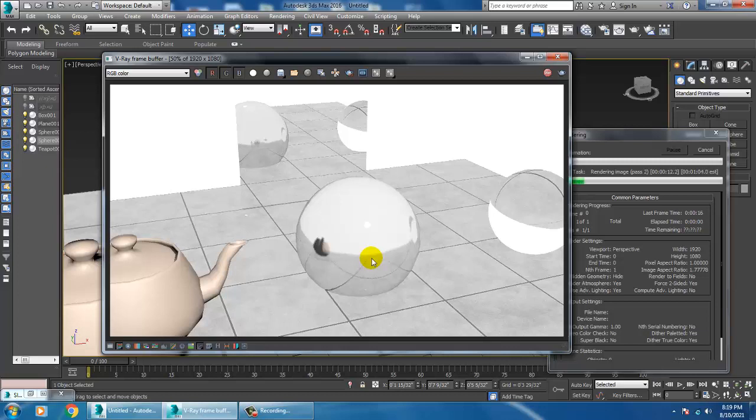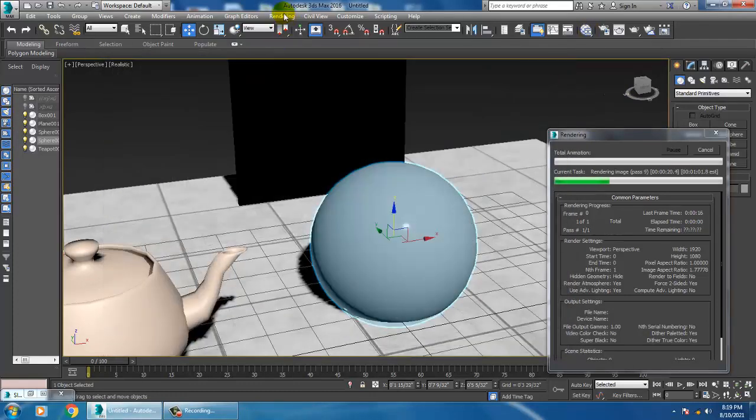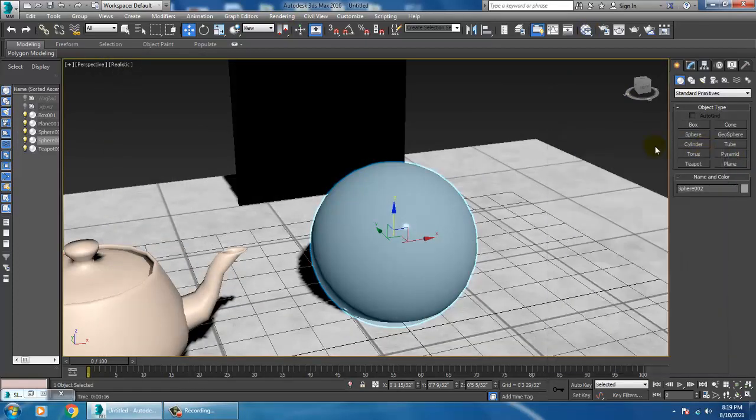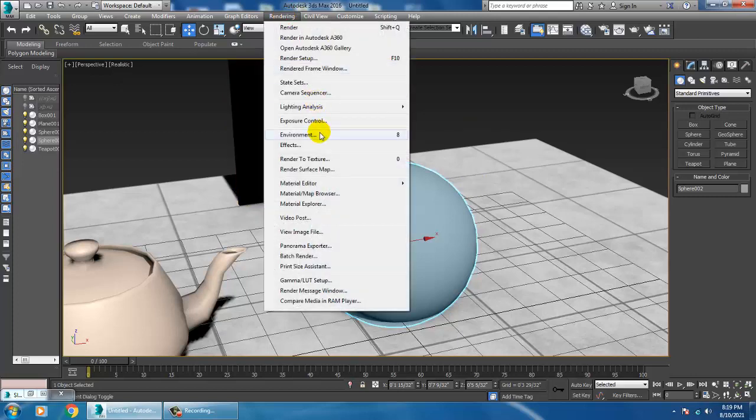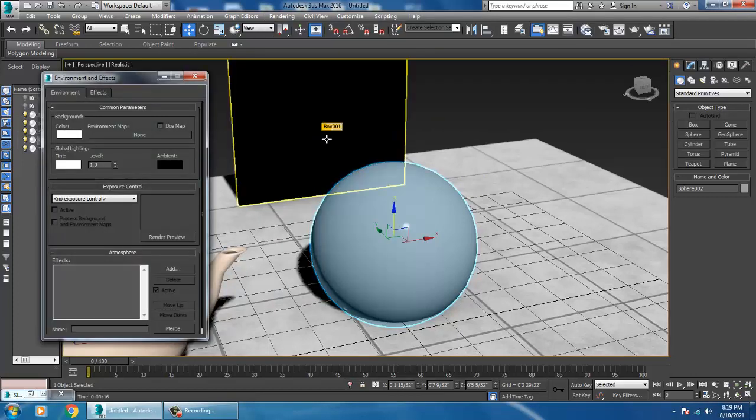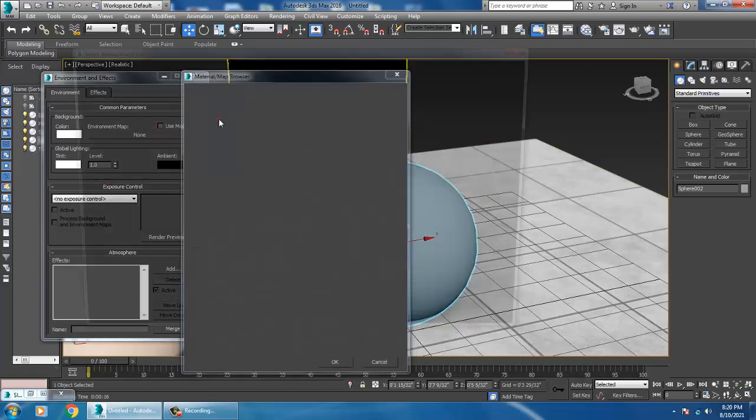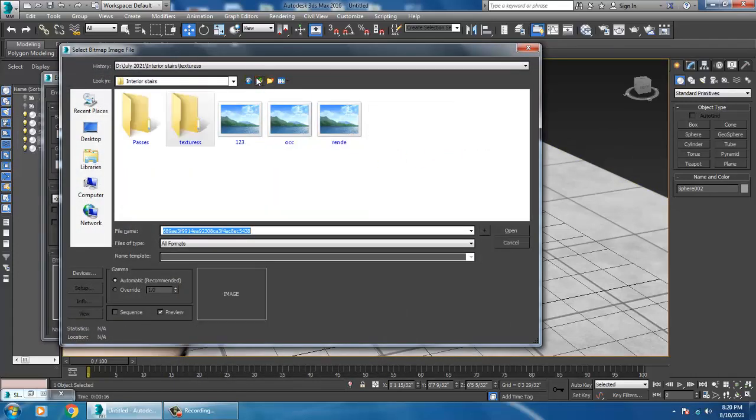As you can see, we'll be adding some environment over here. So let's go into this. I'll just cancel this. Go into rendering, environment, and let's add a bitmap over here.